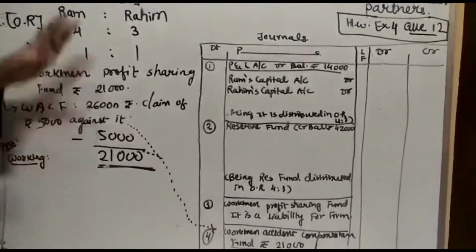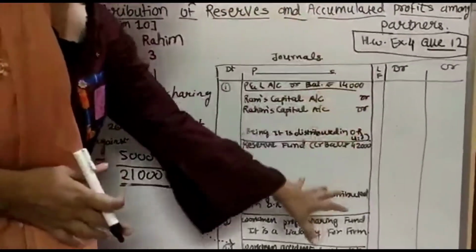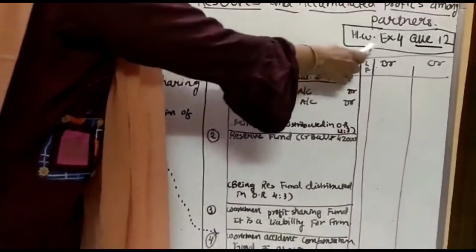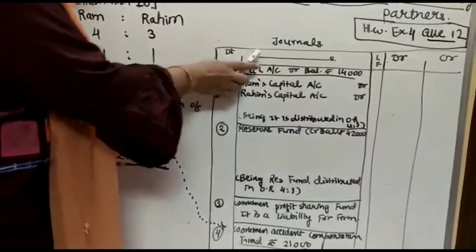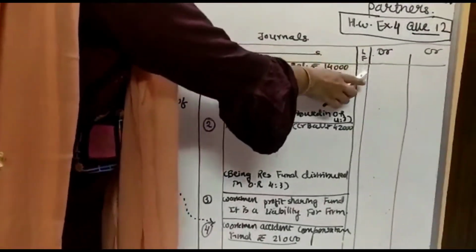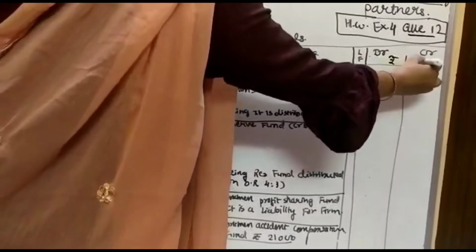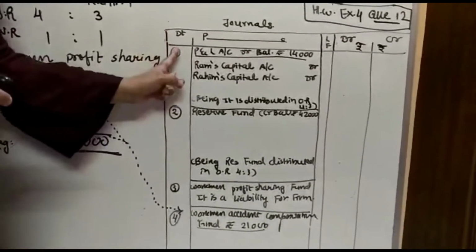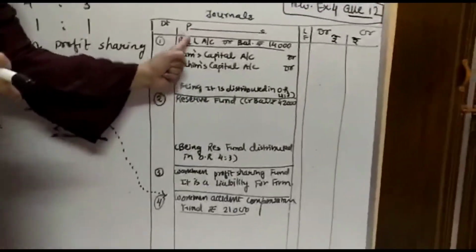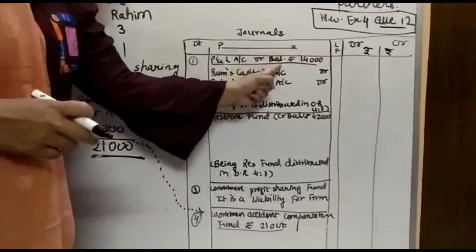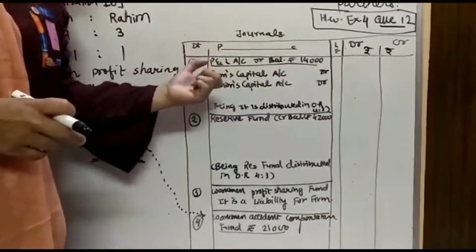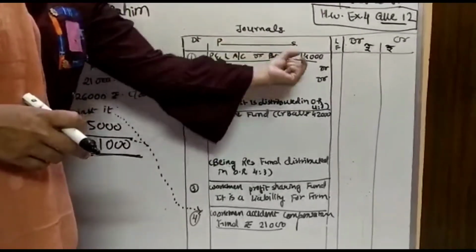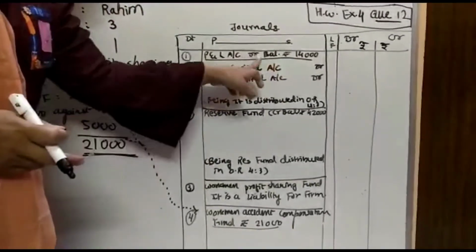Now, to solve this, on one page you are going to draw a proforma of journals. Journal entry in the books of Ram and Rahim, with date or serial number, particulars, ledger folio LF, debit balance rupees and credit balance rupees. Now the numbers show the questions. First, the profit and loss account has a debit balance of rupees 14,000. When you read the question in the textbook, it is written like this: profit and loss account is having a debit balance of 14,000. So what does this debit balance represent?